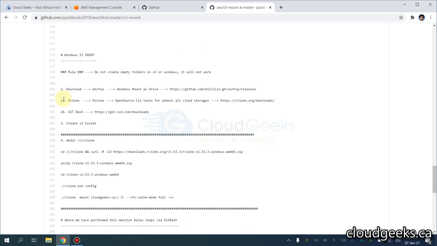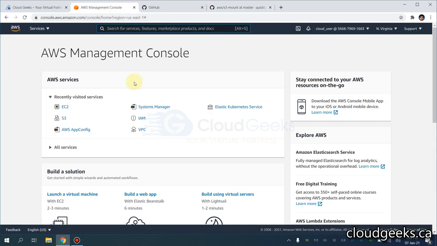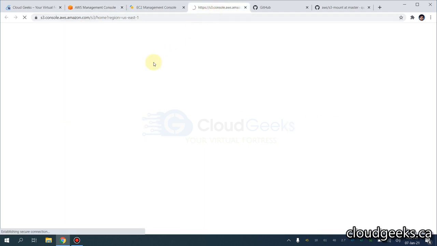Dropbox, Google Drive. It has many options, and it covers almost all the cloud providers. So we are going to use Rclone, and I'm going to show you the demo on an AWS EC2 Windows machine. So with regard to that, what we are going to do is first of all create